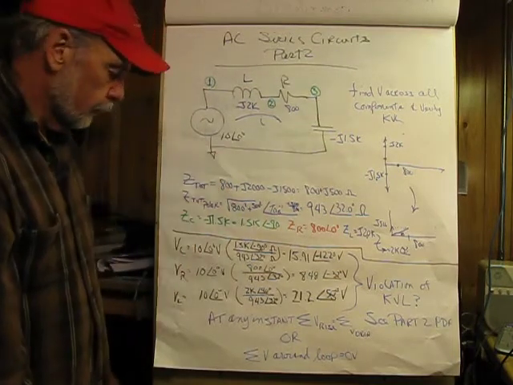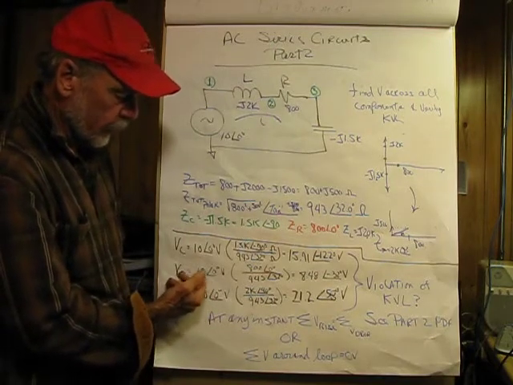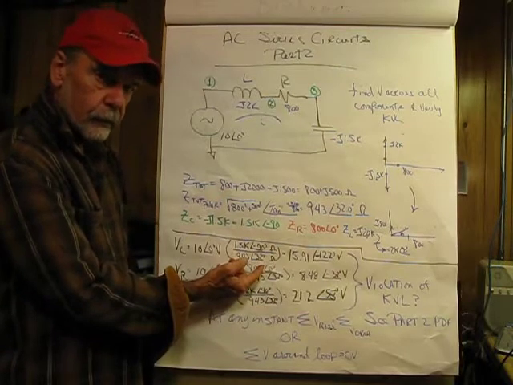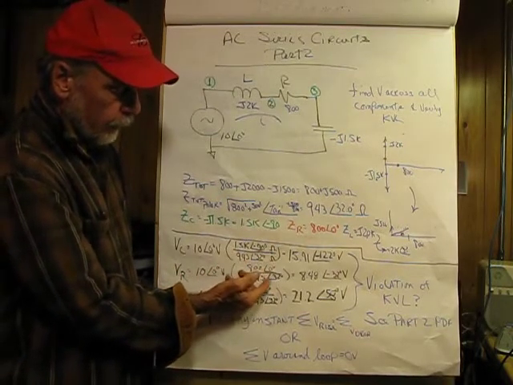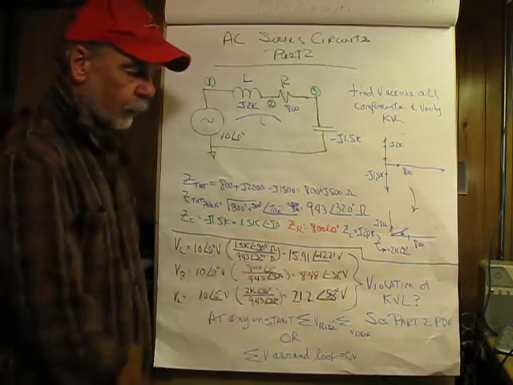So that's kind of different. Next we have the voltage across the resistor, which is 10∠0° (our source voltage) times 800 ohms at 0 degrees, divided by the total impedance, again 943∠32°, so that comes out to be 8.48 volts